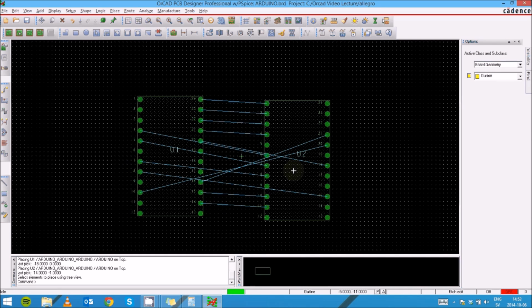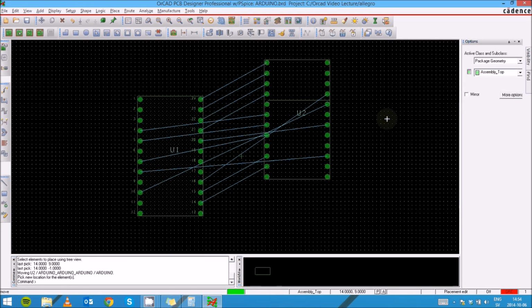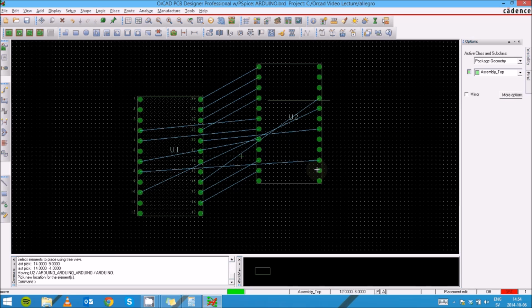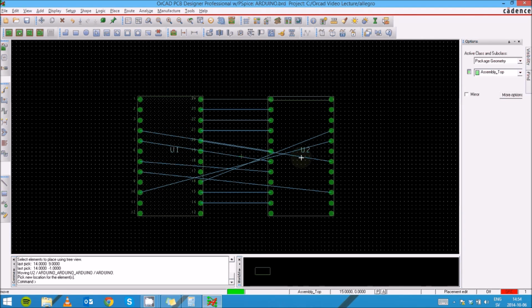So now here are the parts, and you can see that these blue lines are called rat nets, and these are how they are connected to each other. By selecting placement edit, you can click here and then click on the part, and it should be ready to move wherever you like. So for example, if we want to place them like this,